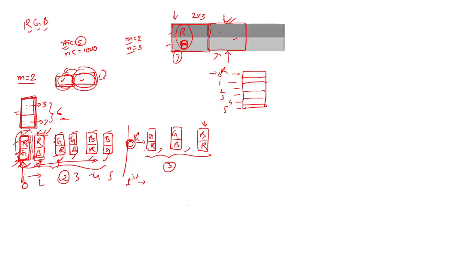Okay, this is 0, 0, 1. So for 0, what are all the values that we can store? GR. GR is which one? Second. So we can store second here. Then we have GB. GB is third, so we store third here. BR is fourth, so we store fourth here. Similarly, we go on and save for each of these columns, or for each of these strings.